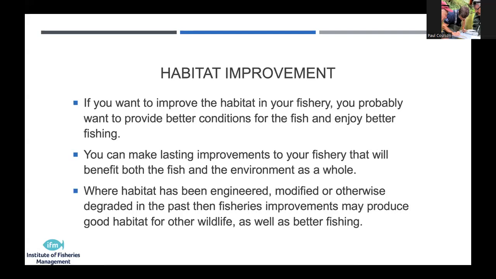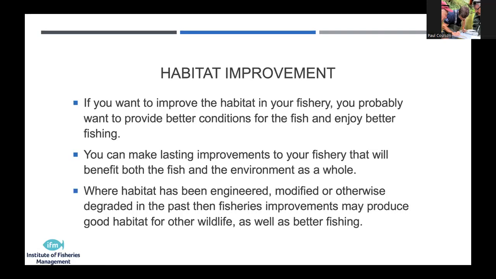The anglers want to go and sit by a pond or a lake or a river, whatever it might be, and have a nice day. And I would hope the vast majority of anglers would want to sit in an environment that has got plants, it has got trees, we have got dragonflies flying around and kingfishers and everything else. It's a holistic approach to the environment, rather than thinking about just the angling experience and the fish as well.